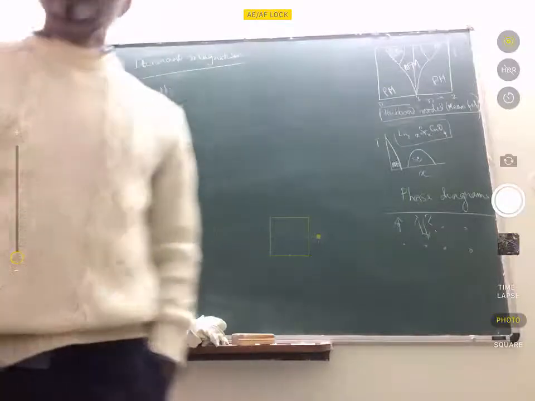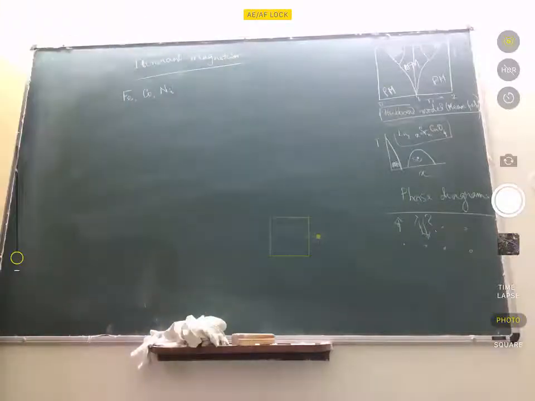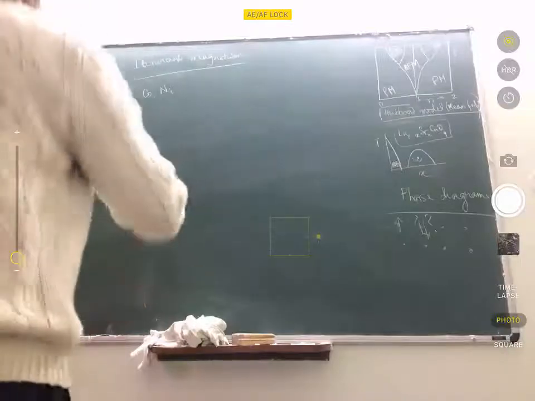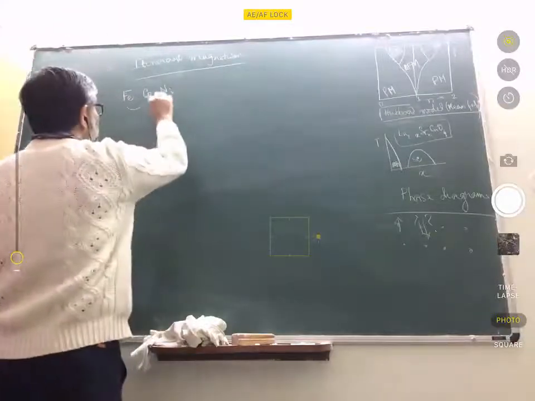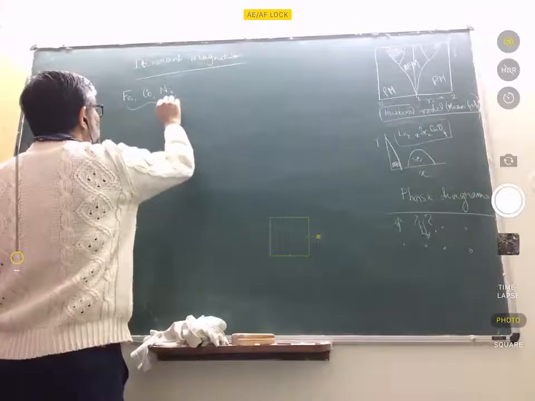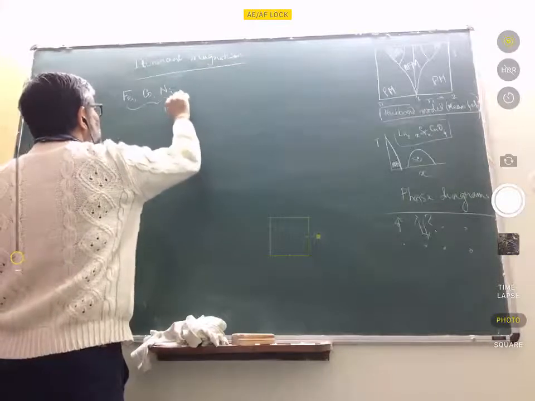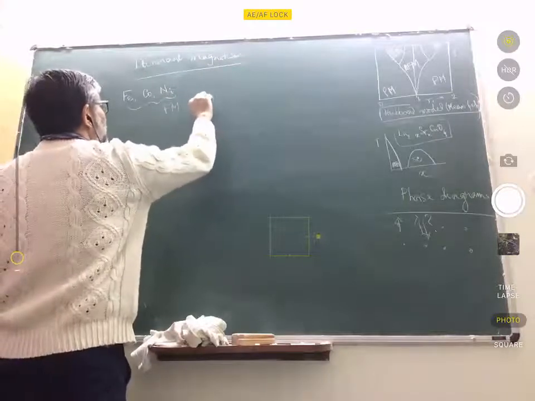If you open the periodic table, these are all 3D transition metal elements, and the elemental solids of these three, they are ferromagnetic